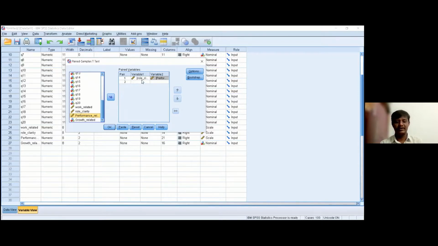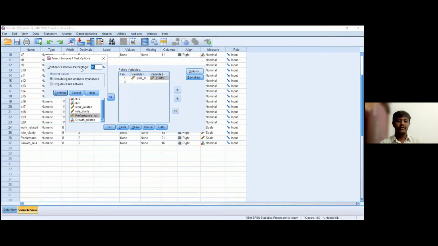After including this in the first pair, for a better understanding, we can go to the Options button. Here you can see your confidence percentage. By default, you get 95%. If you are going to continue with 95%, you can keep it and tell the system to continue.